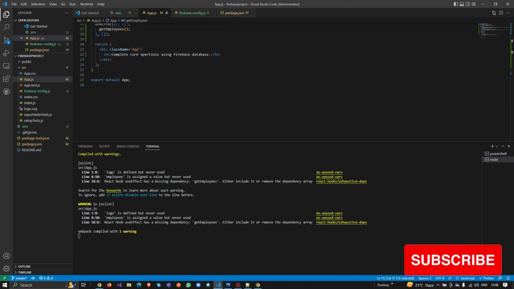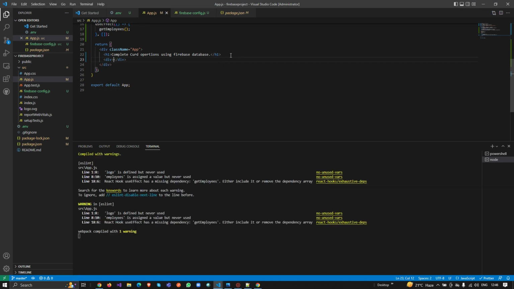So now after this, what you need to do is fetch this record on the UI. It's not a very difficult thing. What you need to do is loop over all of this. You will go here, and I recommend you create a div here again and add